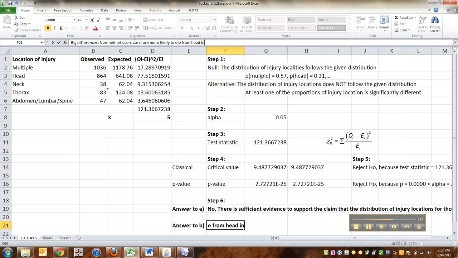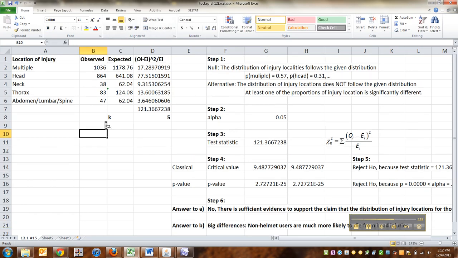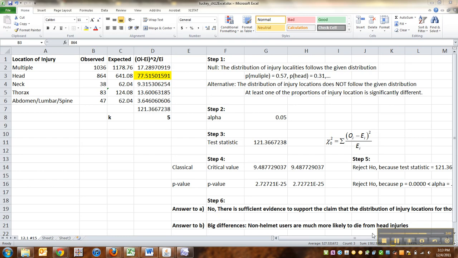head injuries. And you can see the really big significant difference right here in this column, because the biggest difference is going to be the biggest number over here for our observed minus expected. See how big that one is? It's huge. That's your most significant value. That's what's really causing everything else to go haywire. It's because the head injuries goes way up. Alrighty, so we've answered that question and we are done with 12.1 number 15.